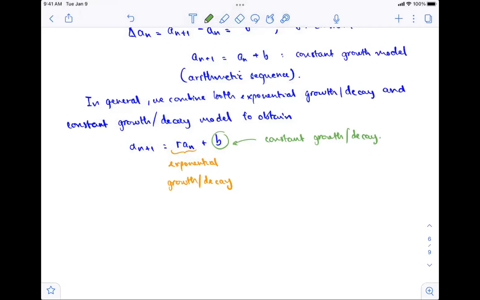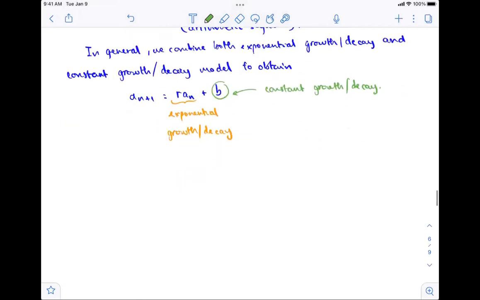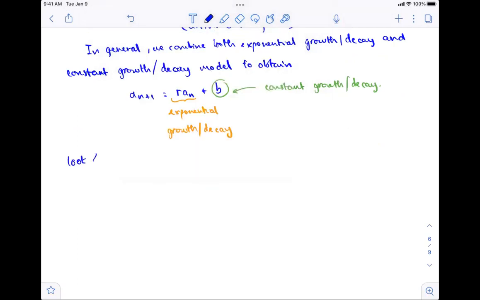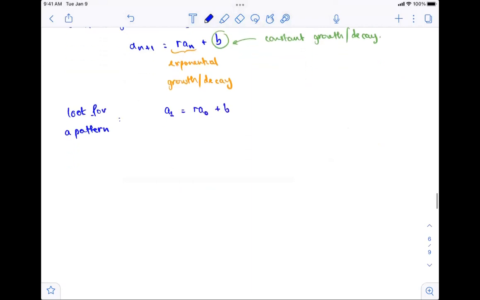So you can hypothesize a formula for this particular linear dynamical system. So you look for a pattern. You start with A1, which is equal to R times A0 plus B,